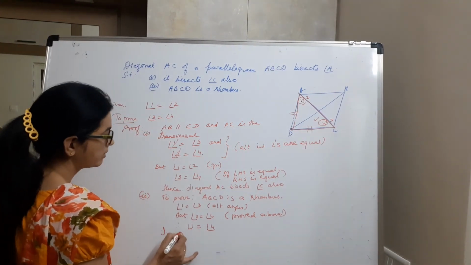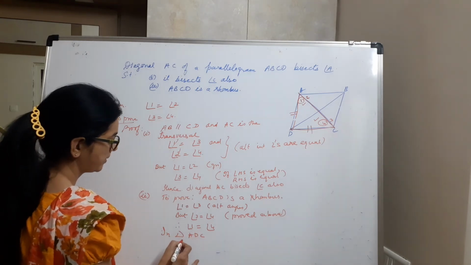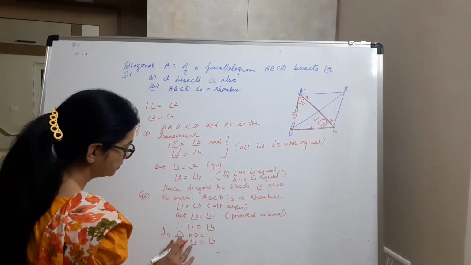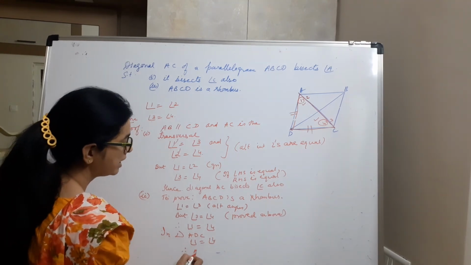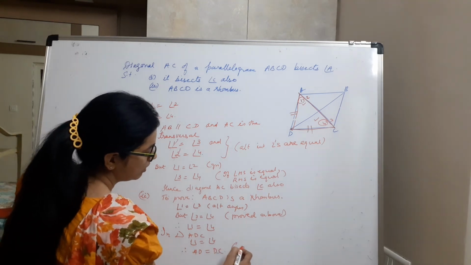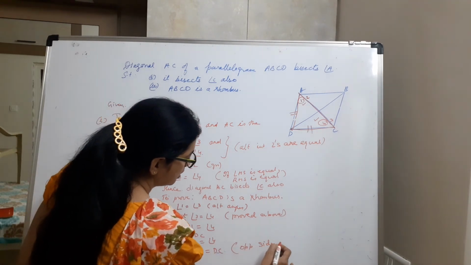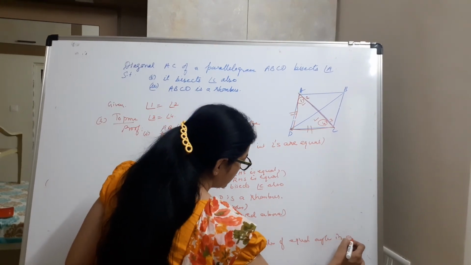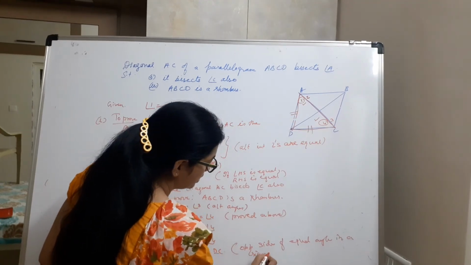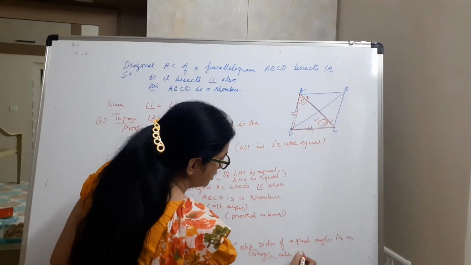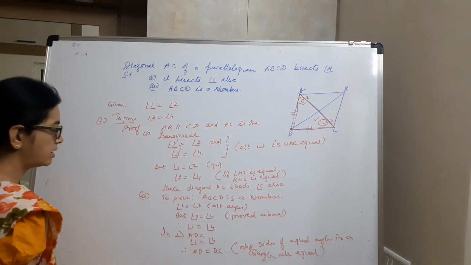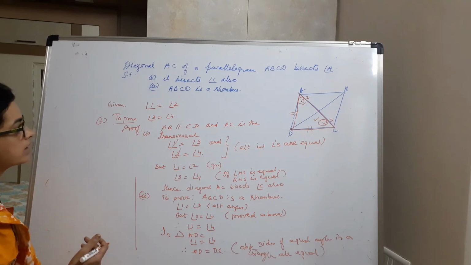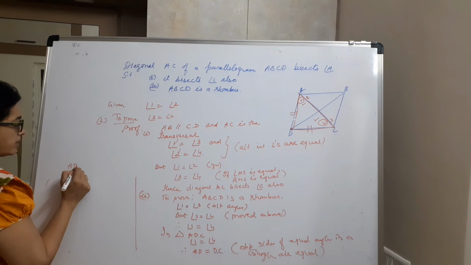In triangle ADC, angle 1 is equal to angle 4. Therefore, AD is equal to DC. Opposite sides of equal angles in a triangle are equal. This is the converse of the isosceles triangle property, converse property. And hence, AD is equal to DC,